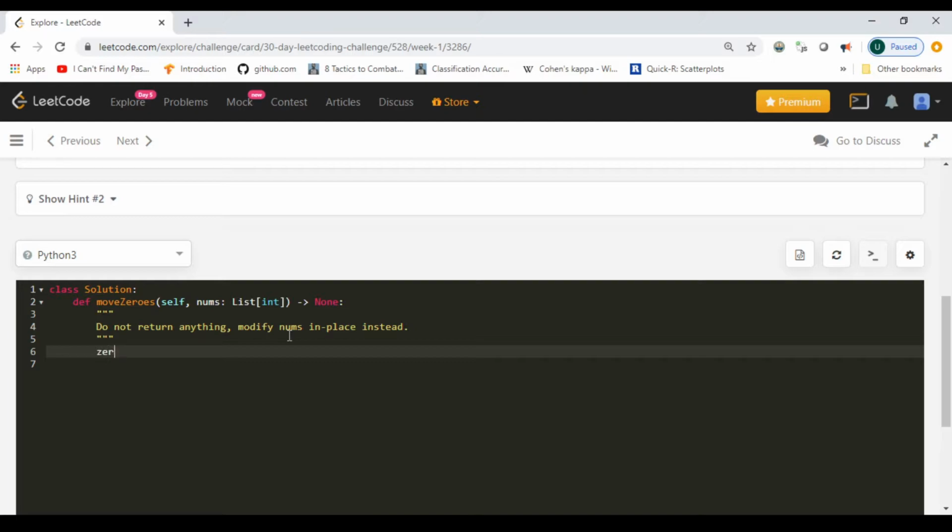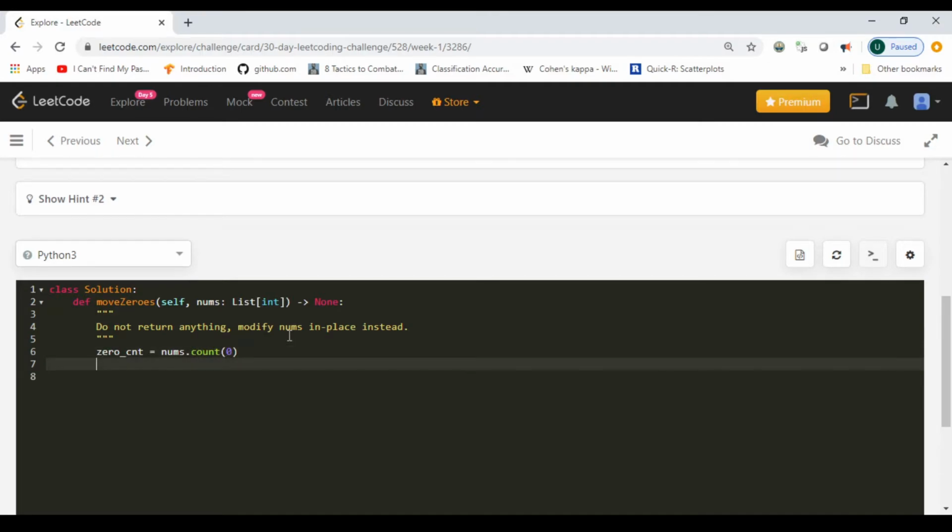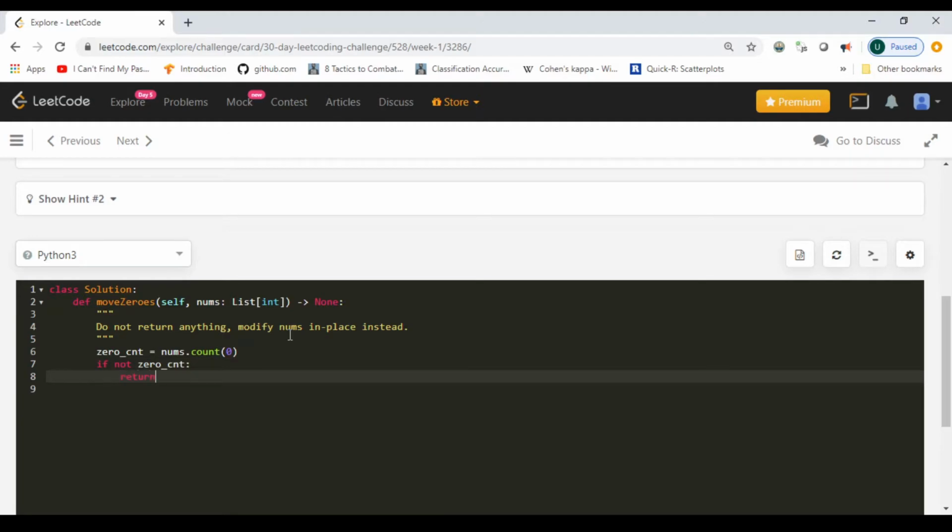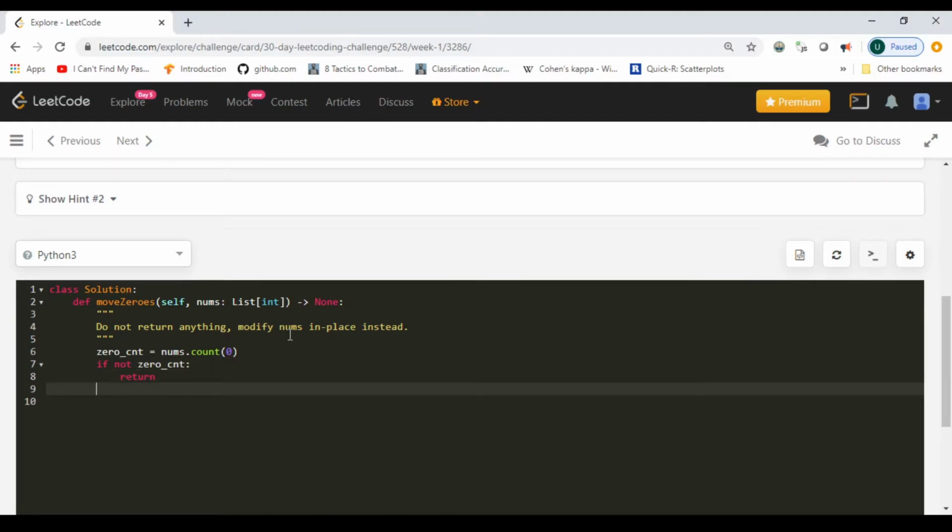So initially we'll try to get the count of how many zeros are available in the input array. For that, this command would give us the count of zeros available in the input array. Once we get that, we check if this zero count is empty or not. If it is not empty, then we are going to